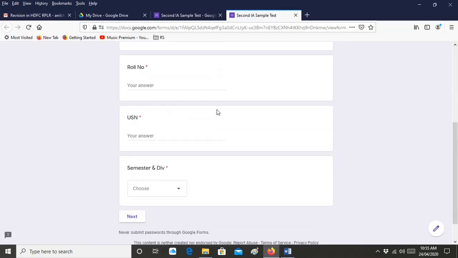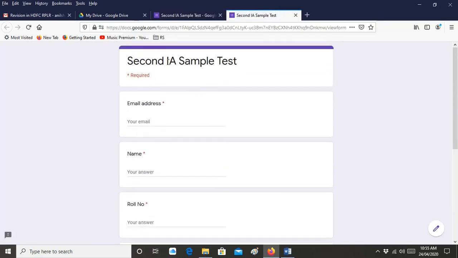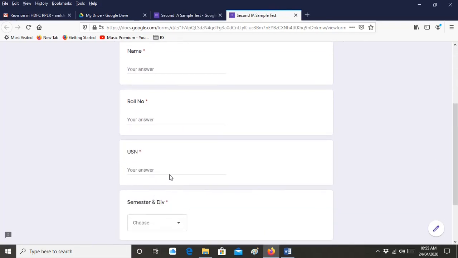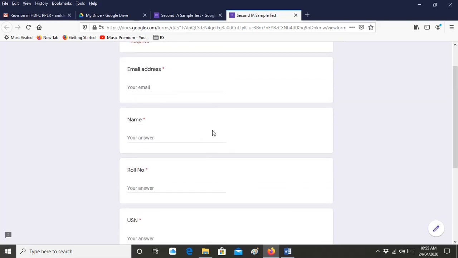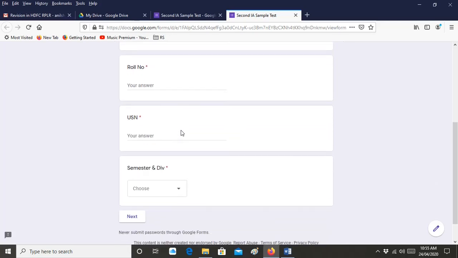So this is how it will look. The student has to enter his mail ID, name, roll number, USN, then class or division. In some cases the order may come up and down. It doesn't matter; definitely the mail ID will come first, and the rest may shuffle because you have chosen shuffling of questions. Once you press next, the next part will come.